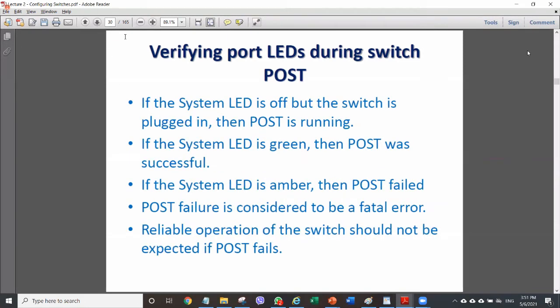Such understanding can be achieved through the LED indicators. If the system LED is off,